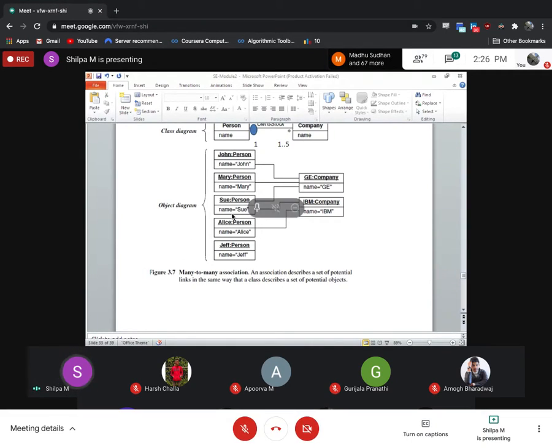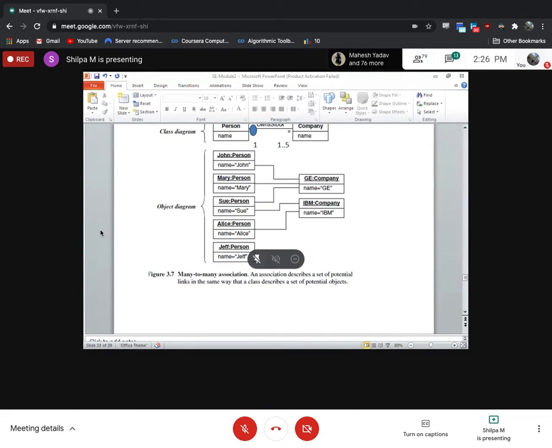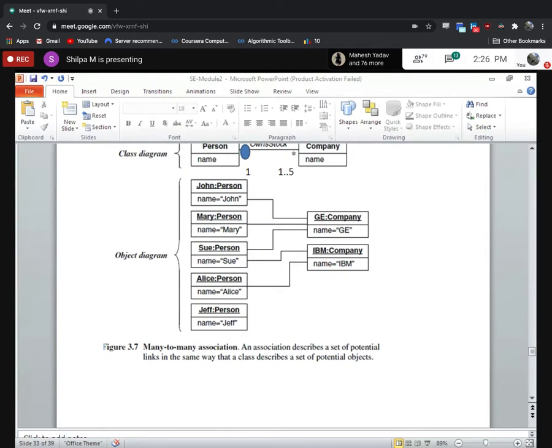Did you get it? All of you? Don't worry too much about it because you have this in your next syllabus, when you are learning OOMD. Only thing is you have to know a little bit, 4 or 5 lines about it, and you should be able to reproduce it in your exam. Okay.